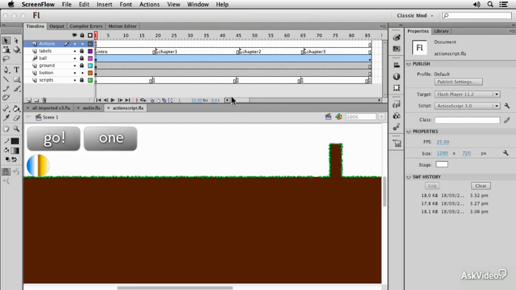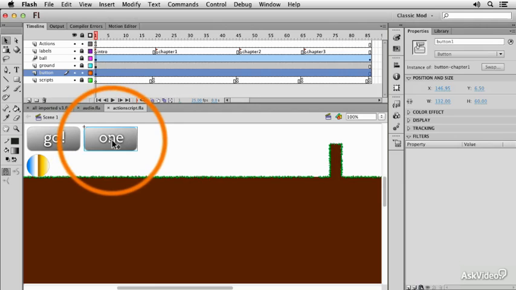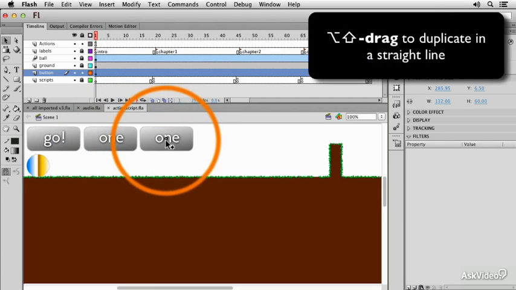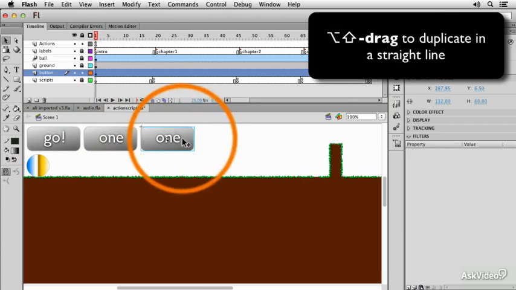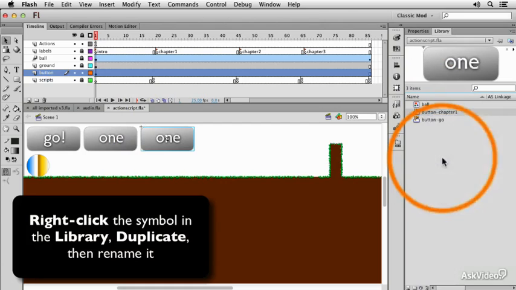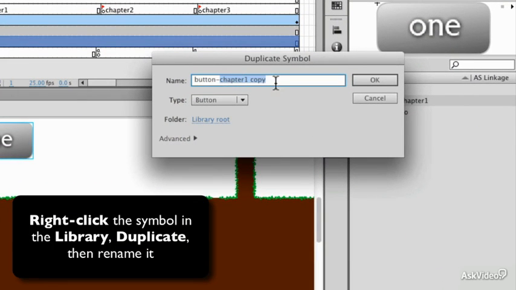In this video, we're going to look at some advanced tricks with buttons. I'm going to start by duplicating this existing button one more time. I'm going to Option-Shift-Drag, or Alt-Shift-Drag on a PC, to get another copy of this button. I'm going to head to the library, duplicate it, and rename it